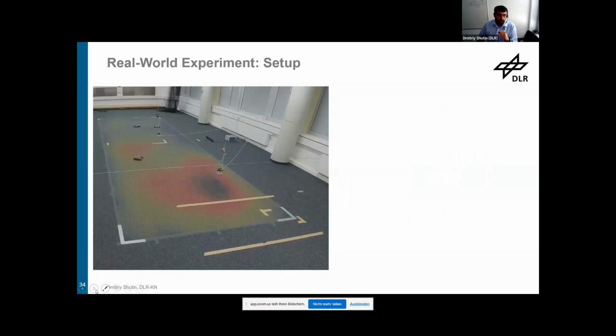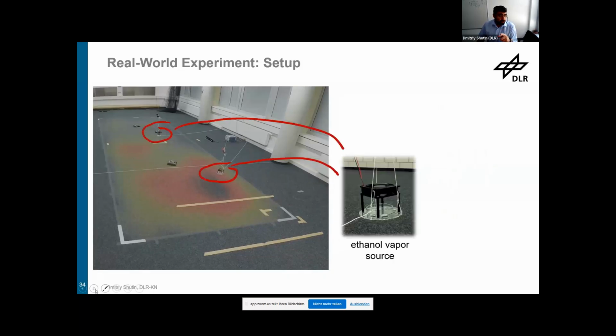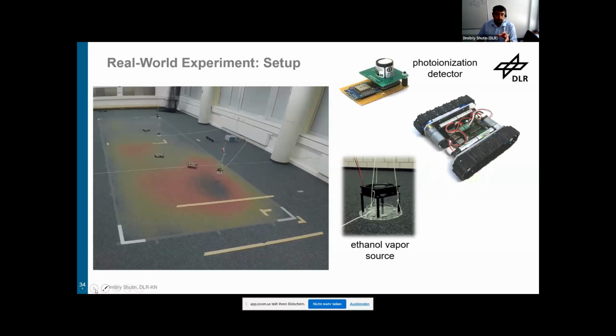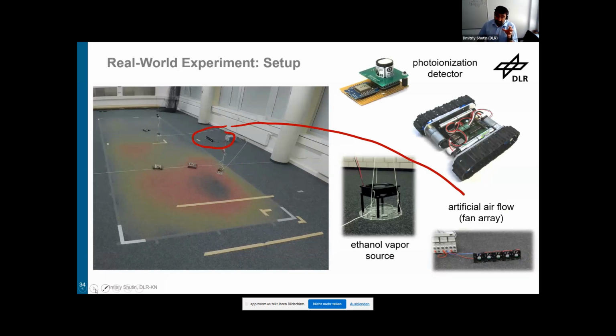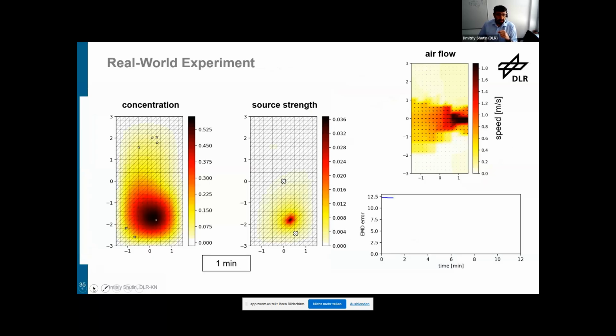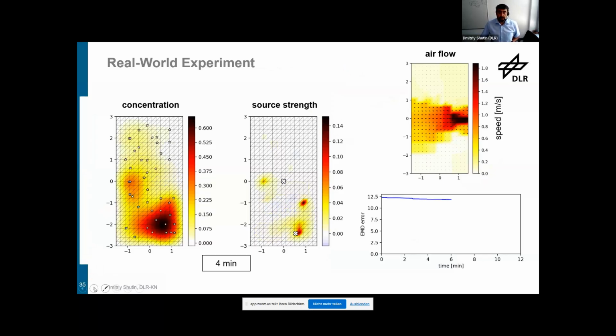We repeated these experiments also in the laboratory with real gas. What you can see here is ethanol, and robots carrying ethanol sensors. It worked quite well. It's of course not that fast, but let me go briefly through the experiment. You start again collecting the measurements. You follow the exploration-driven approach, trying to estimate both locations and concentration. Also, you try to estimate the wind at the same time.